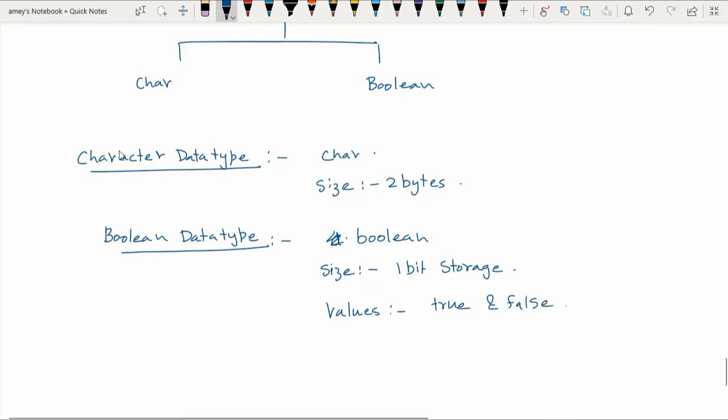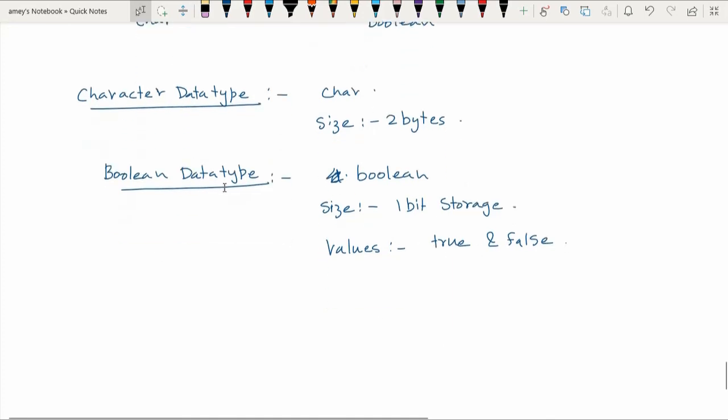Remember that in C++ or in C, true and false had mapping values of 0 and 1, right? 1 means true, 0 means false. In Java, that mapping is not there. So explicitly you are going to use a Boolean data type and you are going to use a word called true or a word called false, right? So this is Boolean data type.